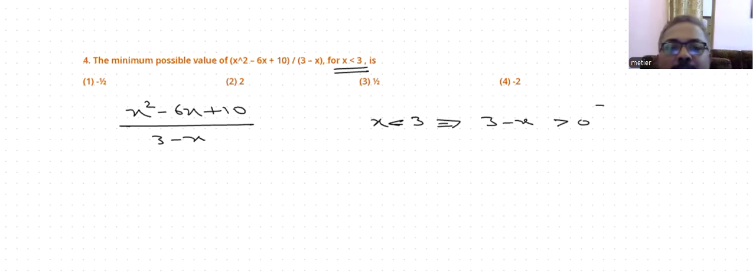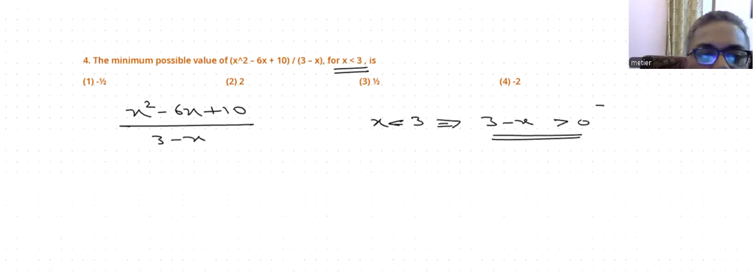Now the question is the minimum possible value we get here. But 3 minus x is positive. Now try to get it. Can we write down the numerator in terms of 3 minus x? Let's try. A quadratic form is there in the numerator, so obviously you will be getting some quadratic equation. Go for direct squaring of 3 minus x. What are you getting? You are getting 9